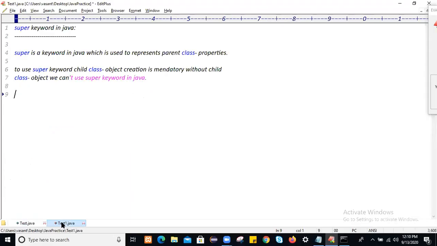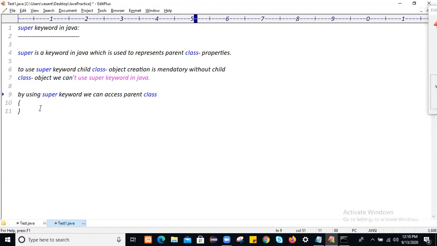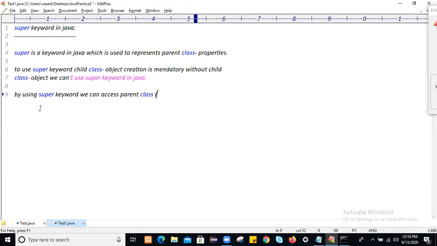By using the super keyword, we can access parent class instance variable and method. Write this example.